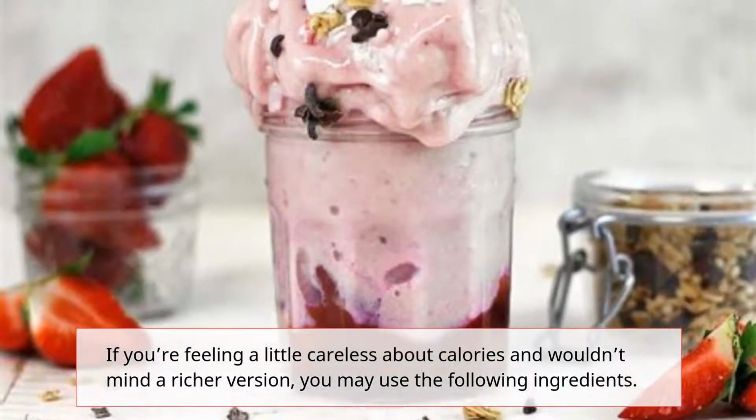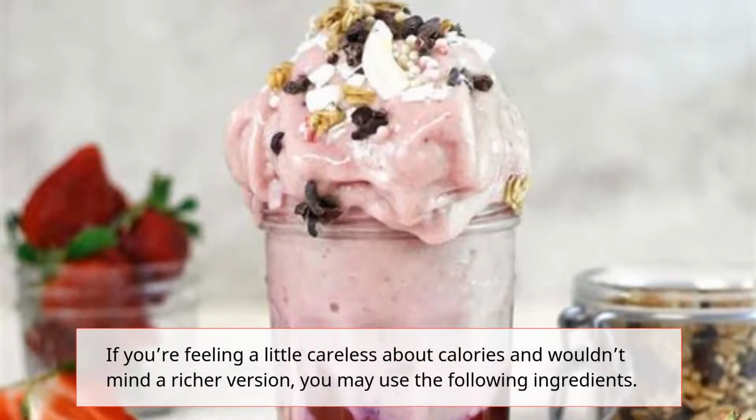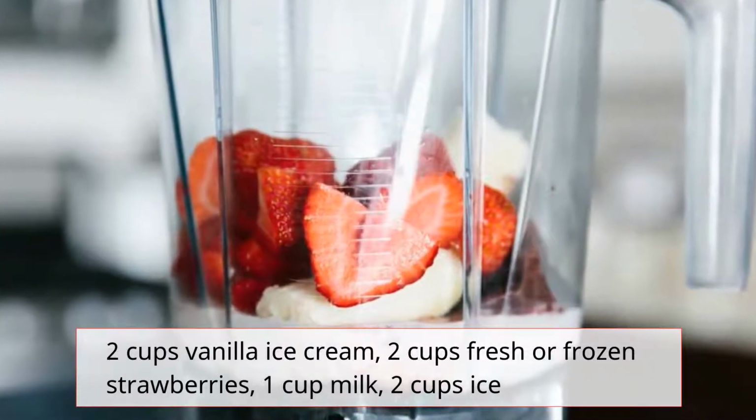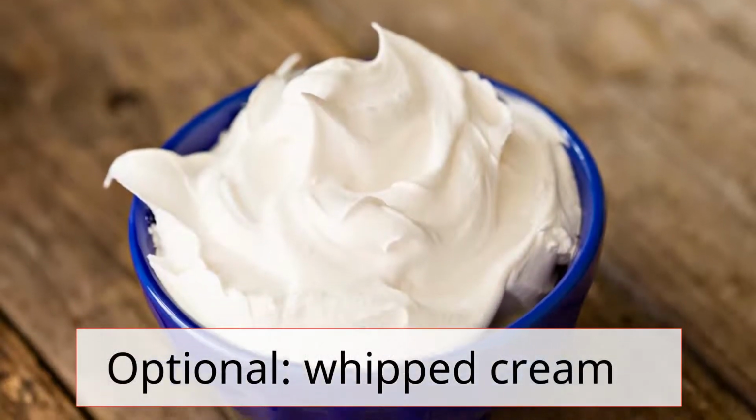If you're feeling a little careless about calories and wouldn't mind a richer version, you may use the following ingredients: 2 cups vanilla ice cream, 2 cups fresh or frozen strawberries, 1 cup optional whipped cream,